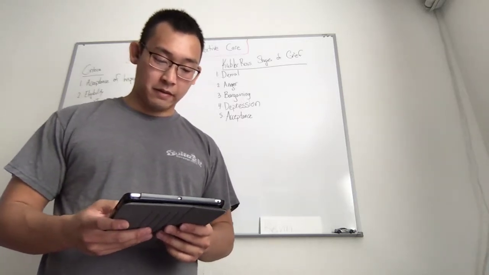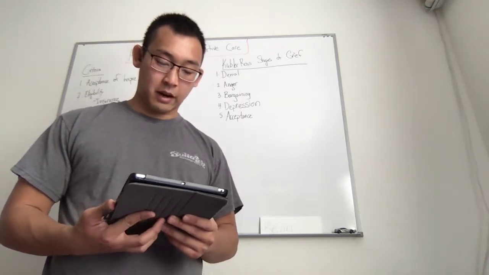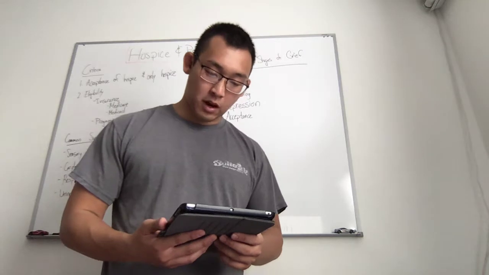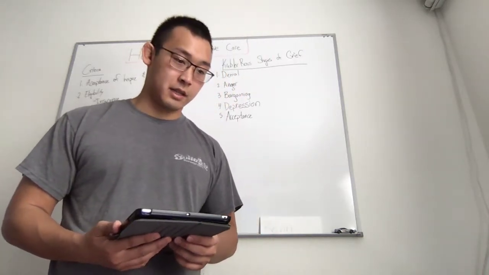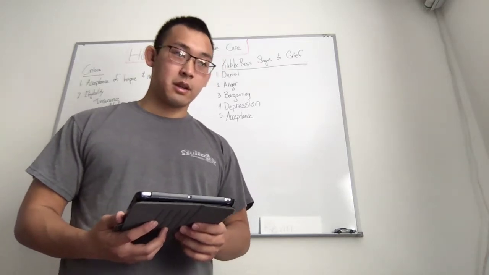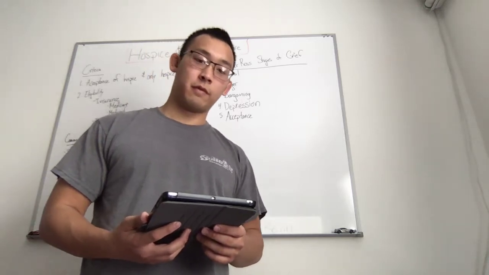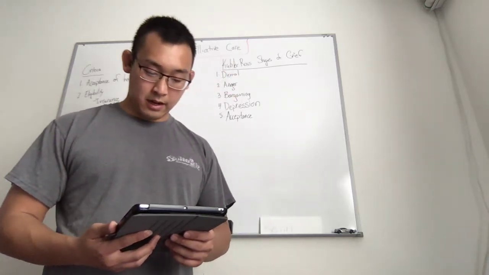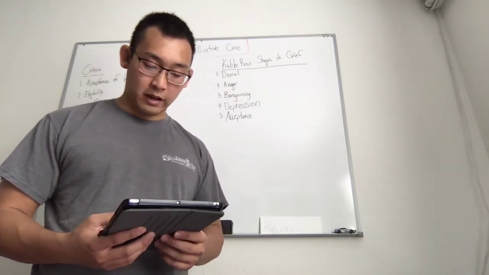Objective number 5, the family will be able to describe the care provided by hospice and palliative care. Content included would be physical care provided at end of life, such as activities of daily living, such as getting up out of bed, changing briefs, taking them to the restroom, feeding if need be. And then also the content will include goals of the care, such as providing comfort and supportive care